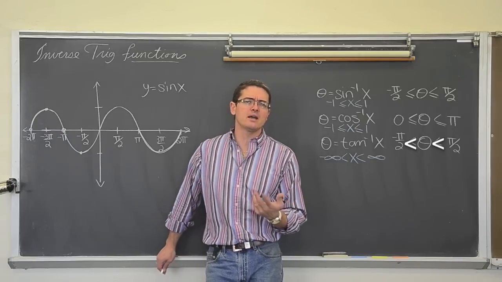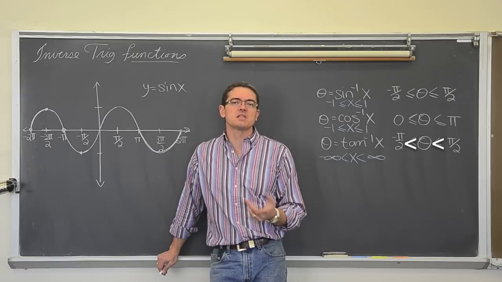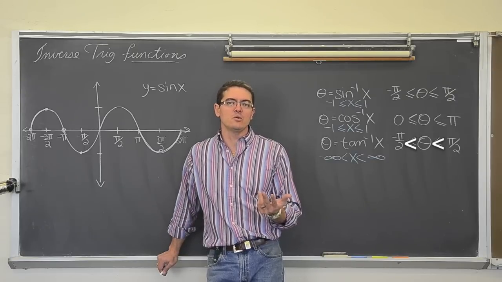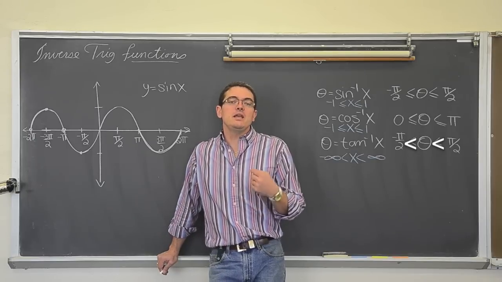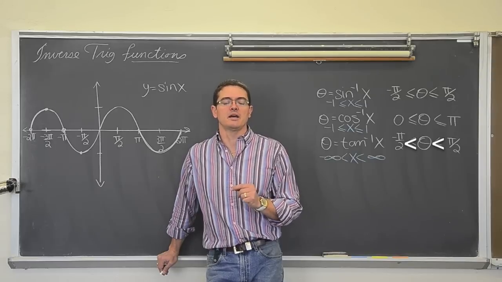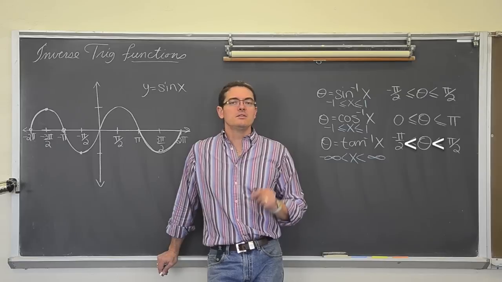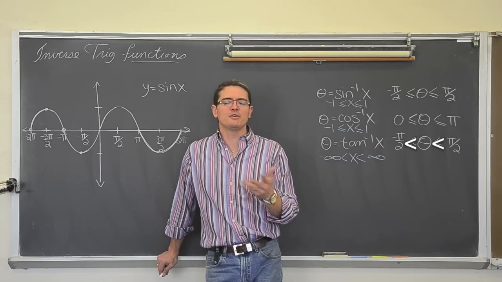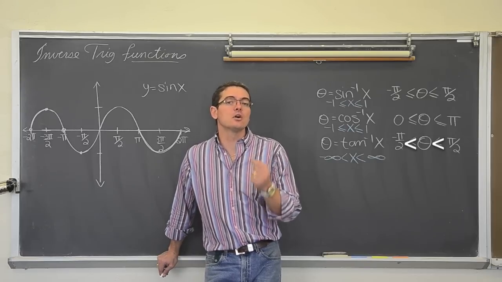And just try it with your calculator. Put it in degree mode and find the sine of 150 degrees. Now we know it's 0.5 if you know the unit circle, but just try it with your calculator. Now do the inverse sine of what that answer was that you just got, which was 0.5. The calculator is not going to give you 150 again, or, well, you can put 5 pi over 6 in, but that decimal might be kind of weird to look at. It'll give you 30 degrees.